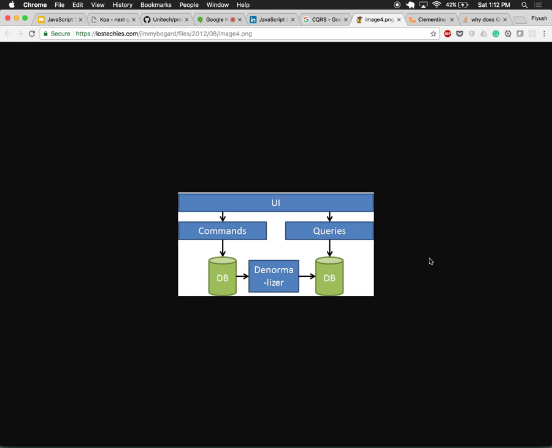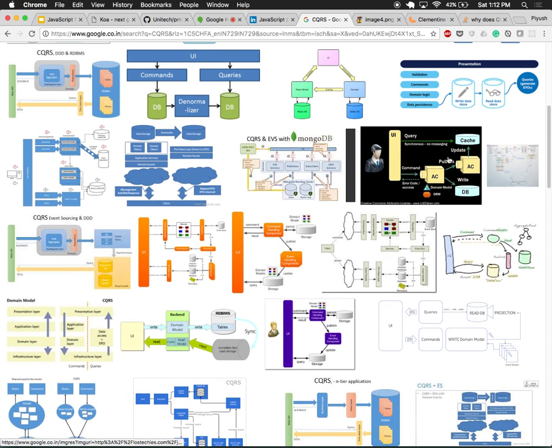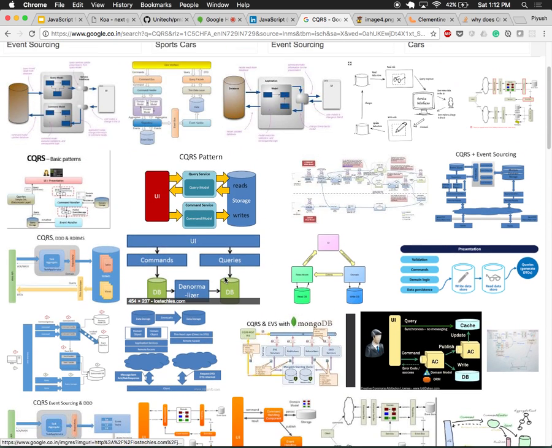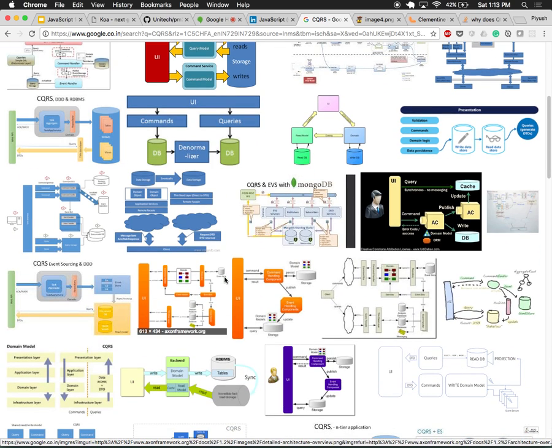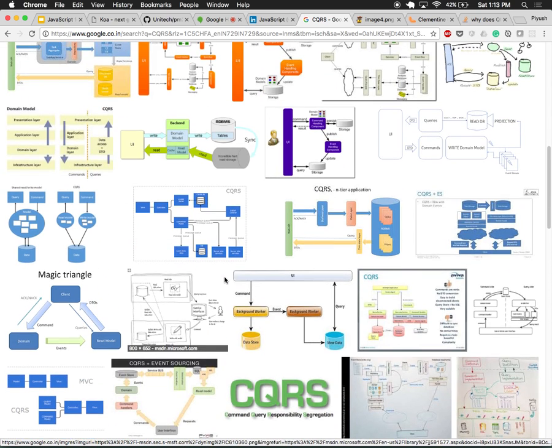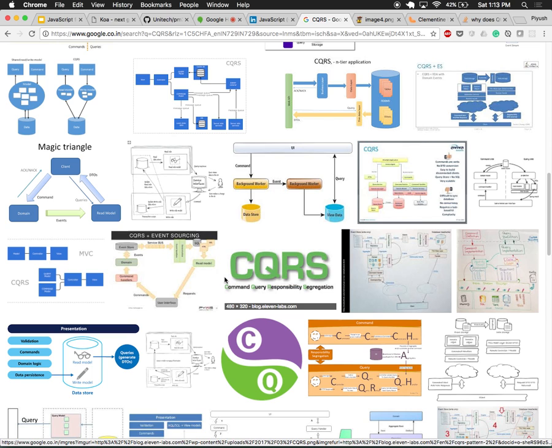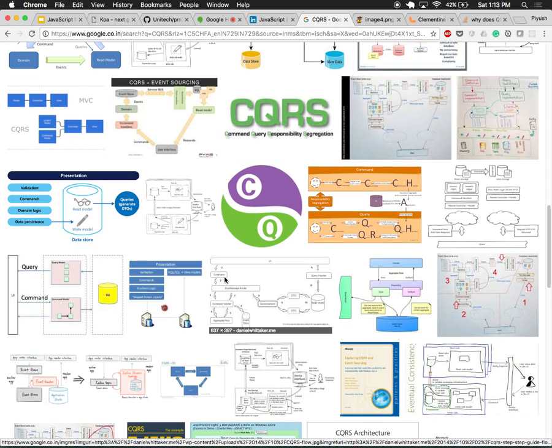So what you do is separate out how you're going to read it and how you're going to update it, and it also involves the message queue. I'm not able to find the read model.